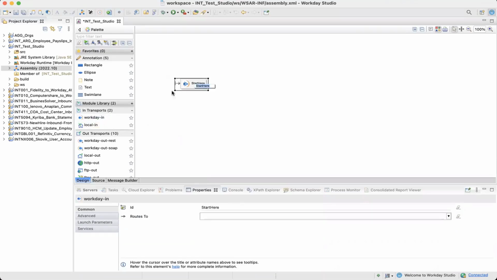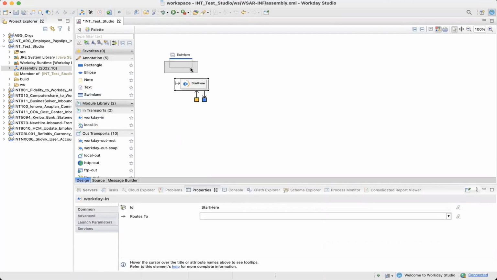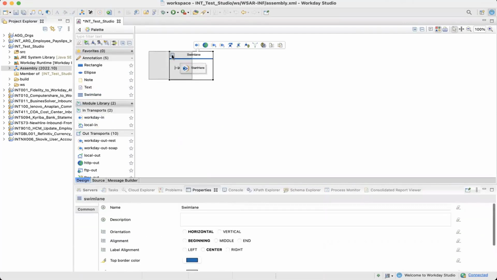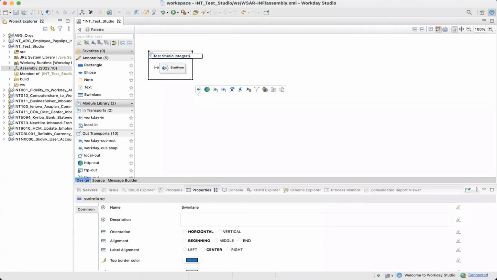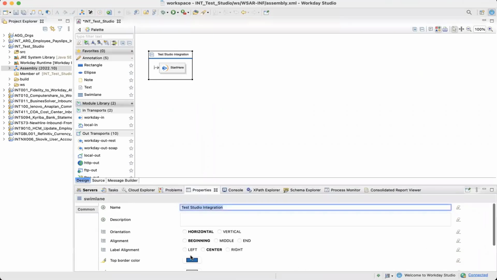Now let me start again with Workday, but before that, I will put a swim lane, put this one into this, and then all the components in Workday. You can now rename the swim lane. I will write it: the Test Studio integration. Okay, I can make this one bold.